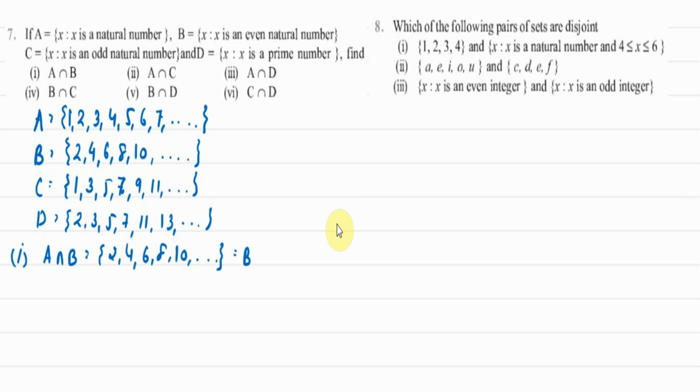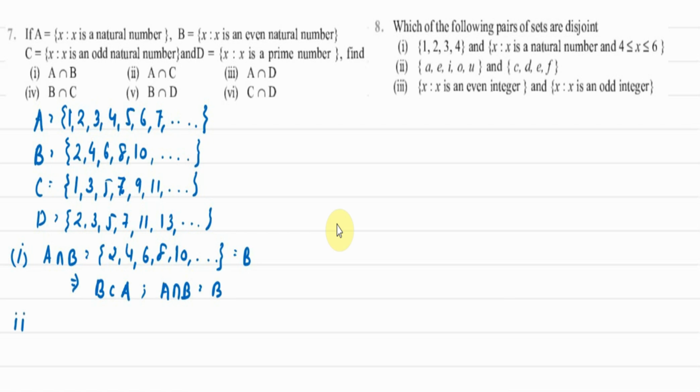Okay, we can conclude one more result from here, that is now we can say that B is a subset of A. All the elements of B are lying in A. B is a subset of A. So if we are asked to find out A intersection B, this will automatically become set B because the common elements will be in set B itself. All the elements of B are elements of A as well. So their intersection will be set B itself.